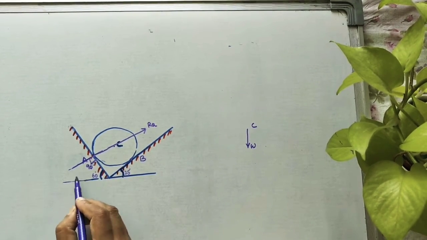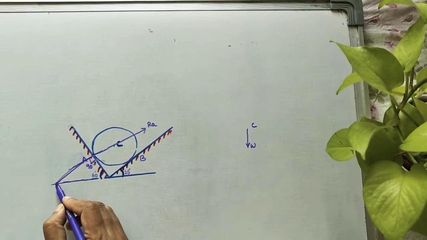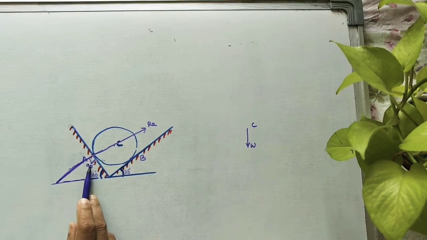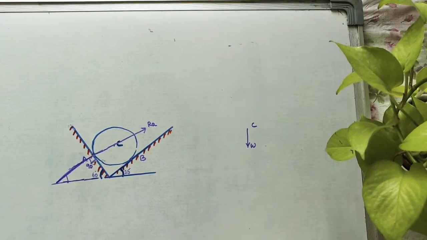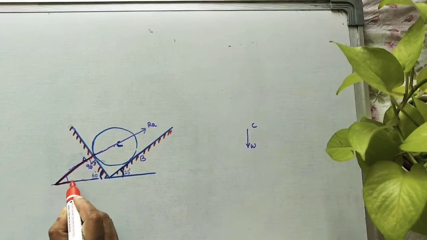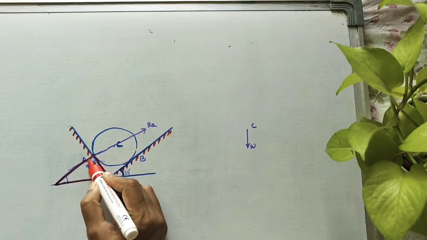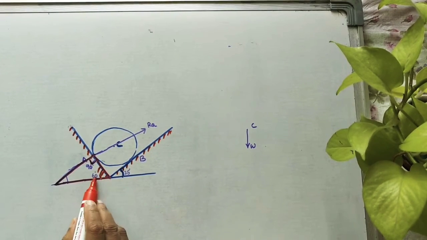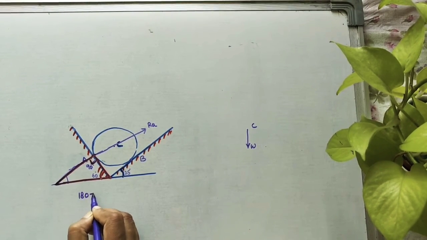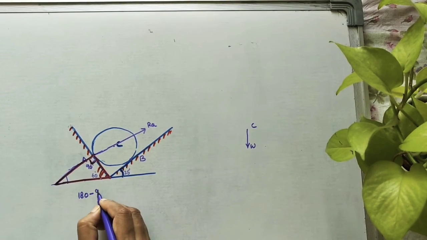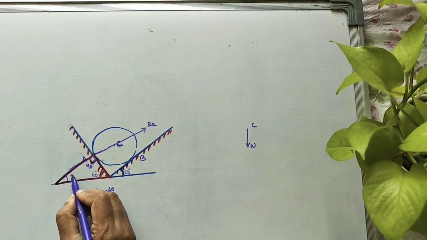Now if we extend this surface like this, we will get one triangle here. One angle is 90 degrees, one angle is 60 degrees. In this triangle, I will mark with different colors so that it is easy to understand the angle. So this is one triangle I am taking. This is 90 degrees, the reaction making with the surface. This is 90. This is 60. What is the remaining angle? The total angle of the triangle is 180. So we are removing these two to get the third angle: minus 90 minus 60. How much are we getting? 30 degrees. This angle is 30 degrees.